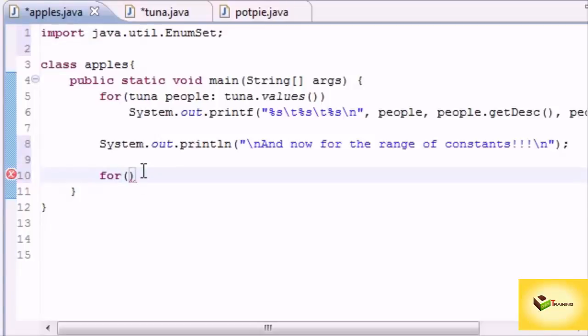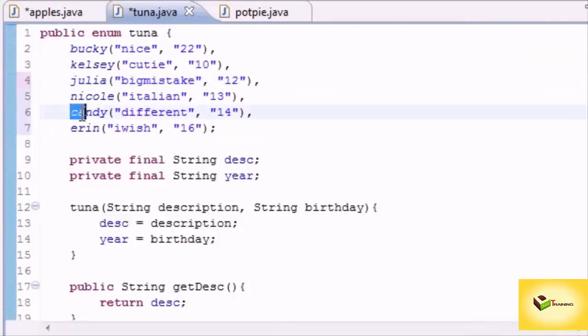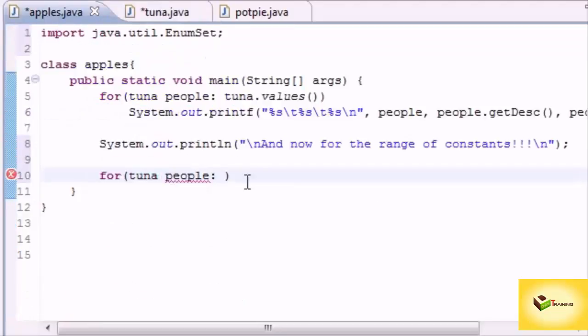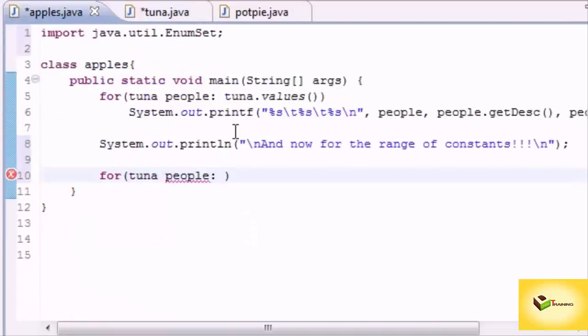It's going to take 2 parameters. The first one is what you want to name your things. I'm just going to name them people, what you want to name your objects. Now the second one is that method. Now we could just plug a regular array in here, but we want to have a range of the array. We want it to start at, let's say, Kelsey, and we want it to end at Candy. So I mean, we can start and end anywhere. Like I said before, Java automatically gives you an array of constants in the order that you did them in. But in order to get just a specific set out of there, or range, what you need to do is this: